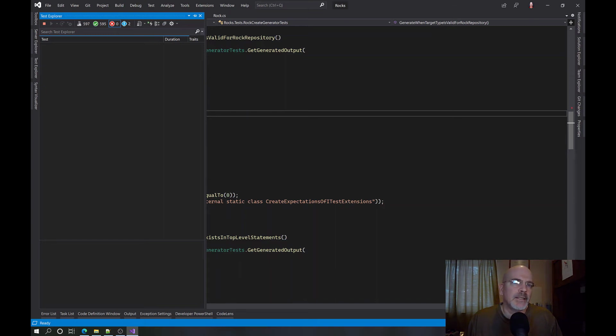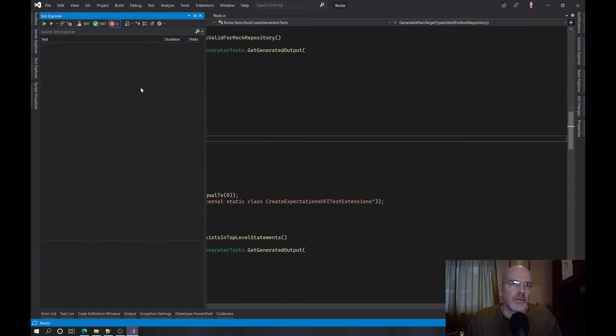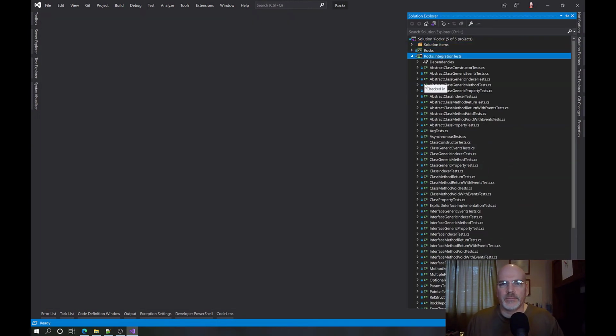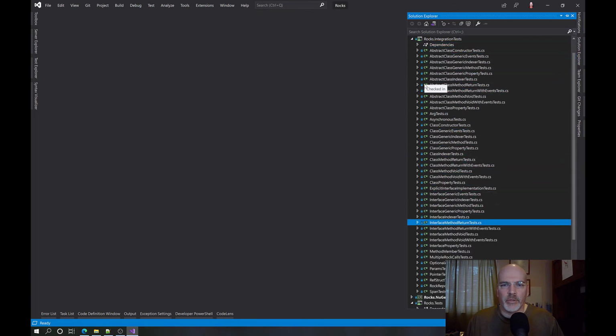And those big tests that take forever to run. Please tell me I have run tests in parallel. I do. Okay, good. All right, so everything runs. Now, in integration tests, because we've already recompiled,